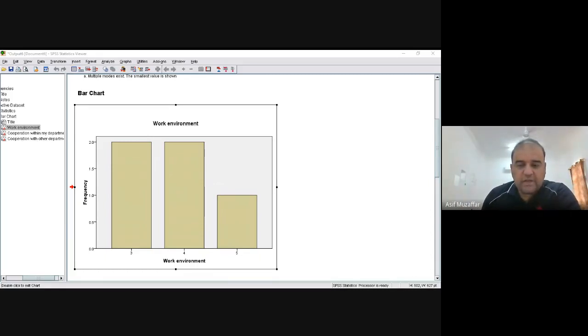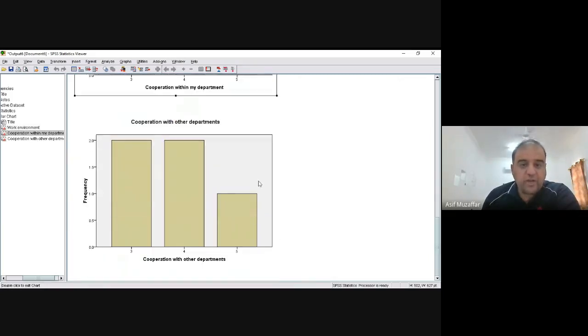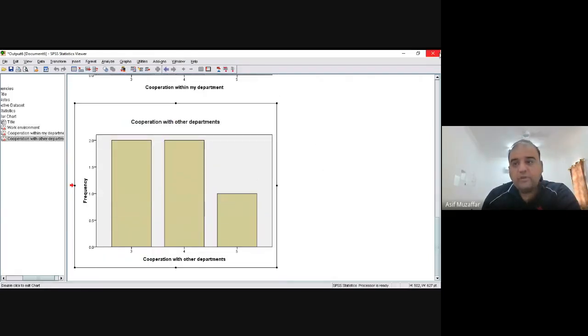So you understand the problem in this file. In this file, I don't know, for question number 1, what does 3, what does 4, or what does 5 mean? Is it strongly agree or disagree? I don't know. You should know about it. It should come in the report. To make my report better, let me again show you a window.